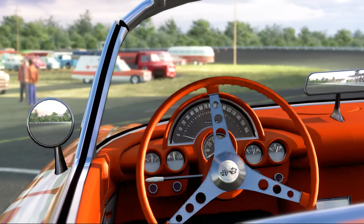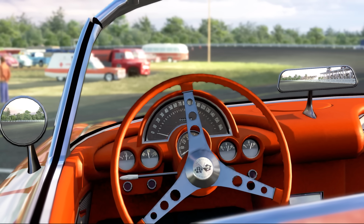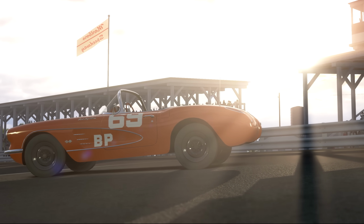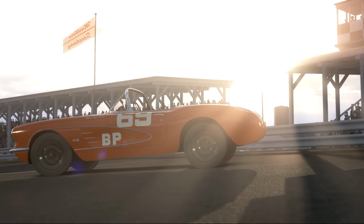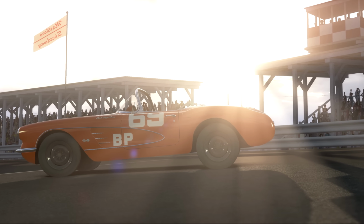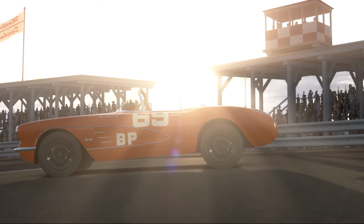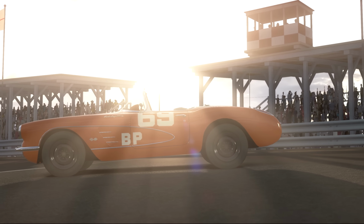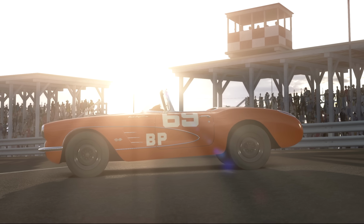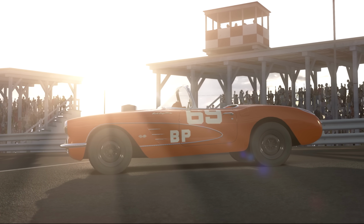This 1959 Corvette came out back in 2020, and in its original release was a road-going variant, but Vince Wheel, another user over at Overtake or Race Department, released a wonderful racing liveries skin set. Now this is the perfect car for this track, because in the mid and late 1950s, SCCA really was the thing racing at tracks like this, all these little tracks popping up. The SCCA was the big deal, and it really helped the Corvette become what it ultimately became, this American performance